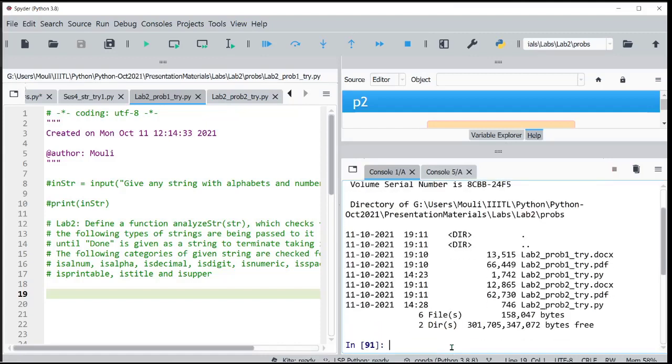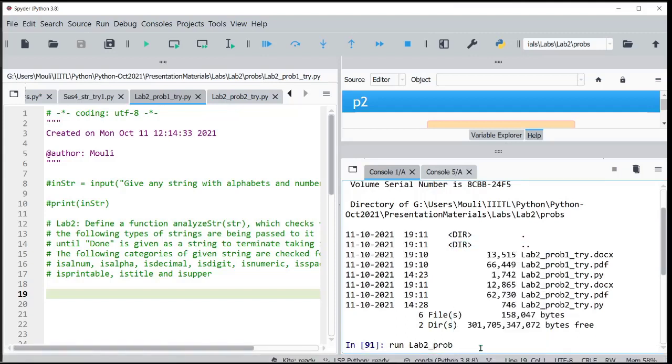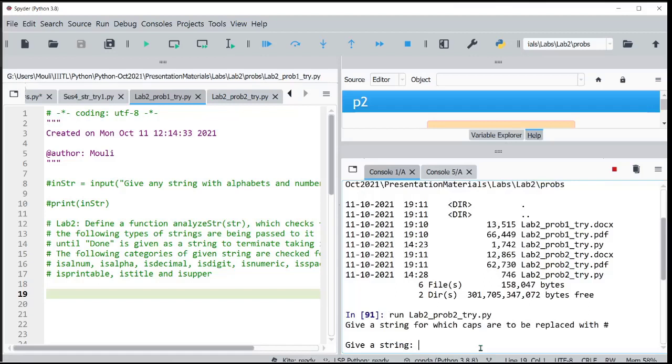Okay, now I have problem 2 which I have tried. So let me run it because I don't want to show the implementation. I don't know whether you guys have taken the screenshot. You guys are smarter than me. Okay,